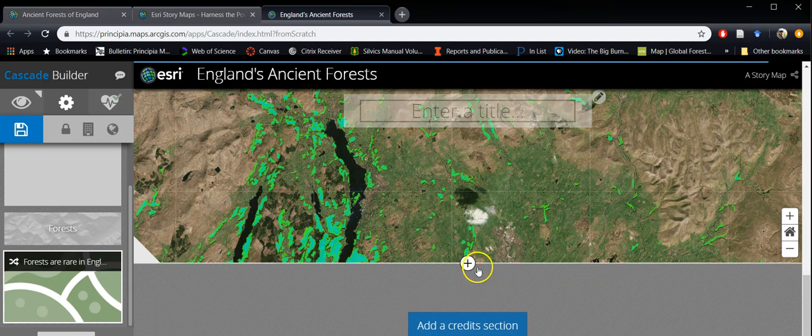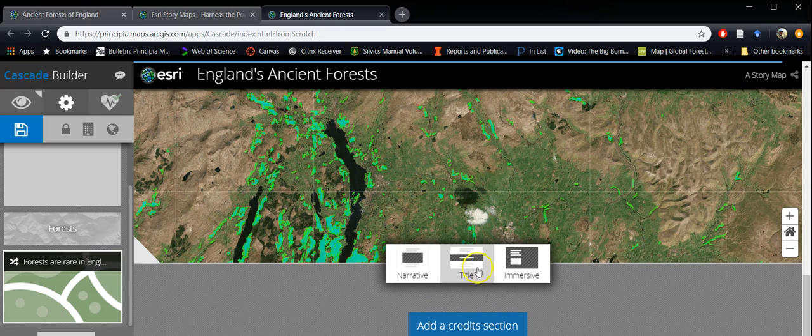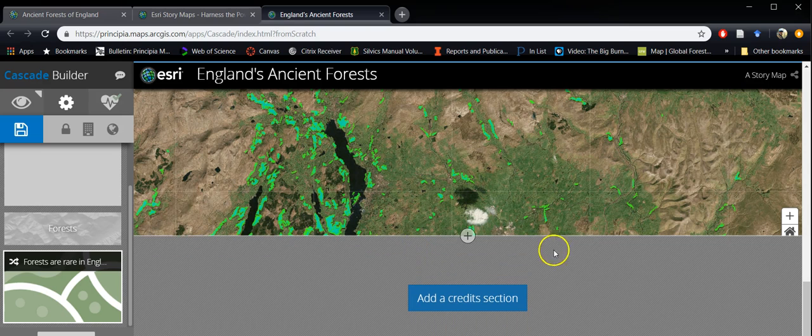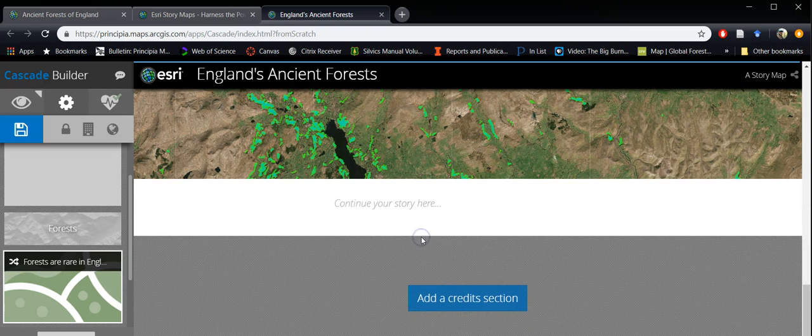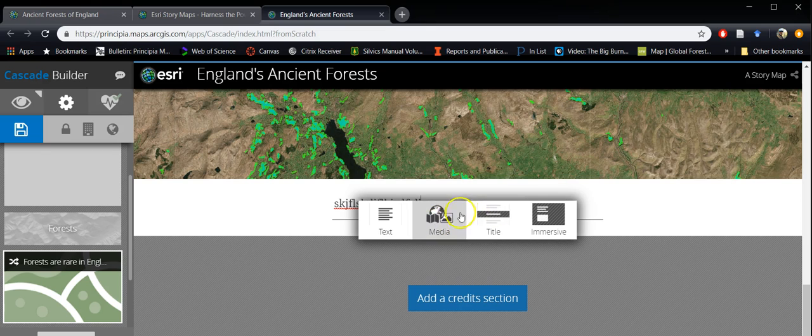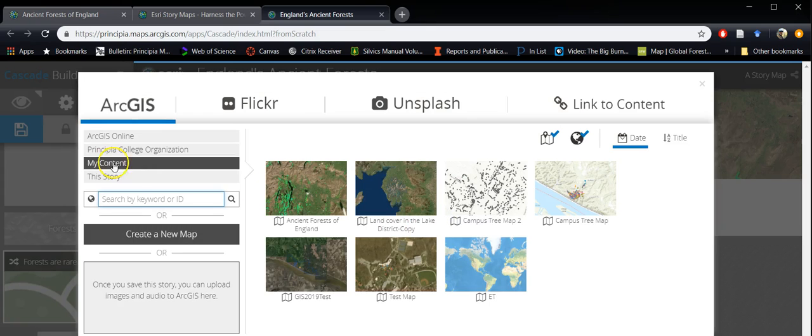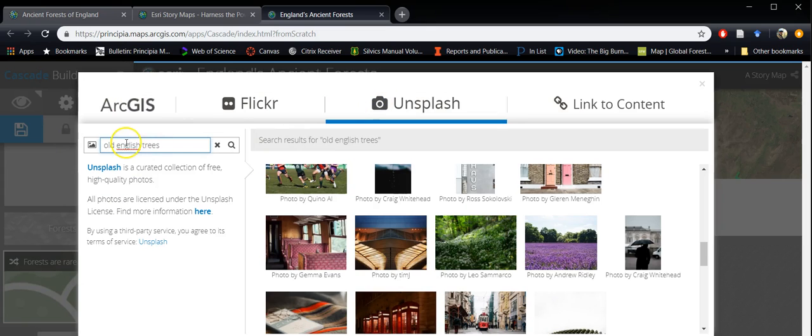And then I can scroll down and I can add, maybe I just want to have just narrative text, right? So I can do that, narrative text. And I can just add information there. I can add an essay there or whatever I want. And now I can go back to adding media. And I can type in